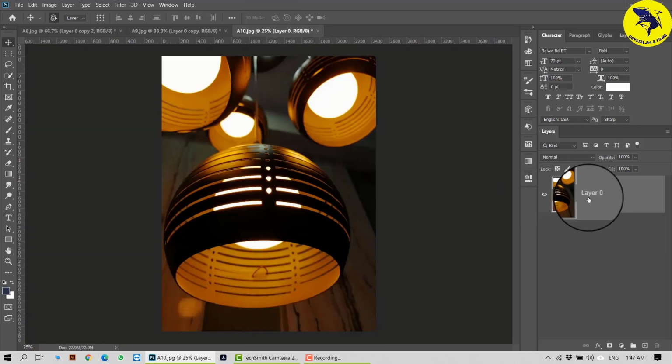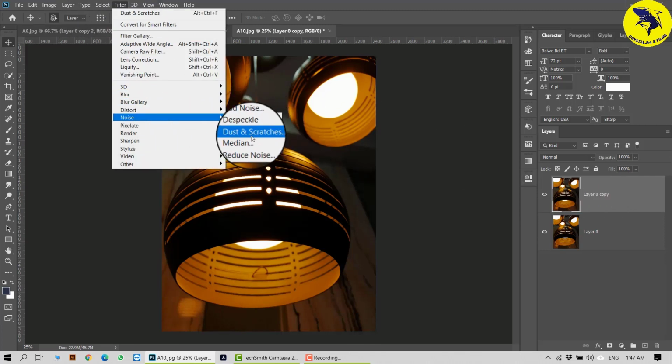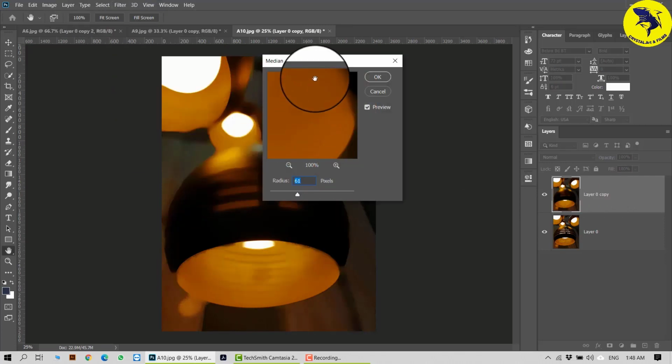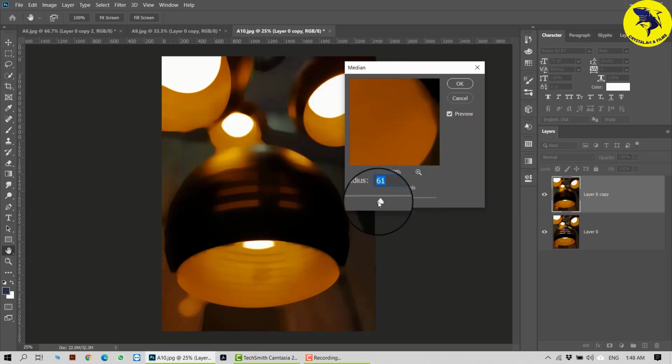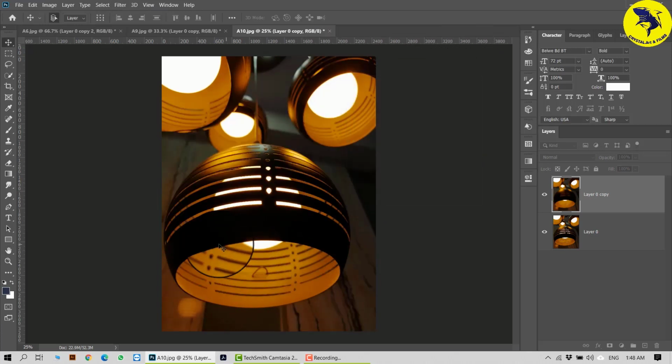So next I have one more picture here. I'll just press Control and J and duplicate it. And this time I will add the last one, that is median. Before applying it, I'll tell you what median does. You can see there is a difference in the pixels here. This is too dark and this is too white, and brown and black. So these are not shades of each other in any way, nor are they matching each other.